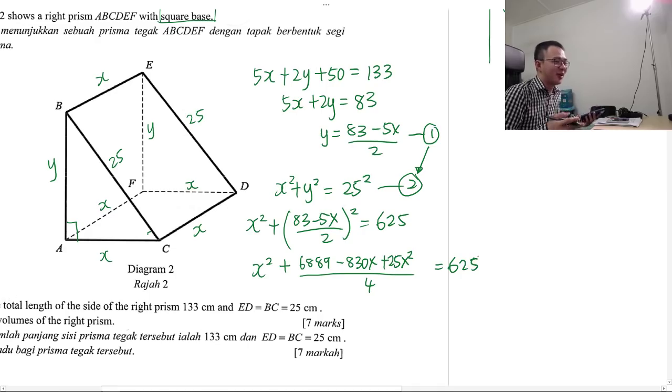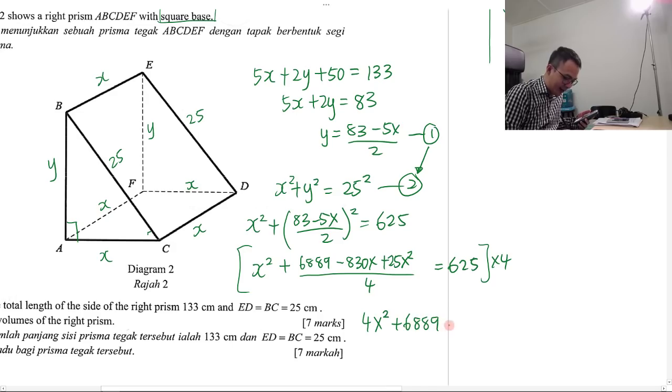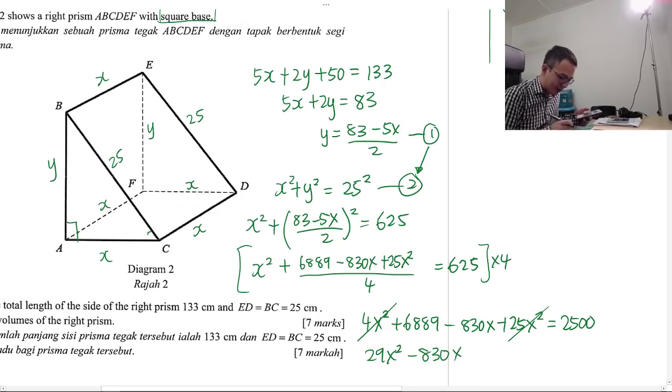So in order to solve this one, I will multiply 4 for the whole equation. So the whole equation here, I will multiply by 4. So I have 4x squared plus 6889 minus 830x plus 25x squared equals 625. I will times 4 as well, 2500. Then I will solve the equation. 25x squared plus 4x squared, I have 29x squared minus 830x, and then